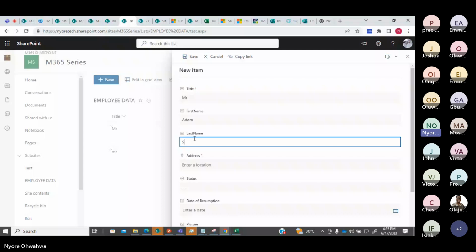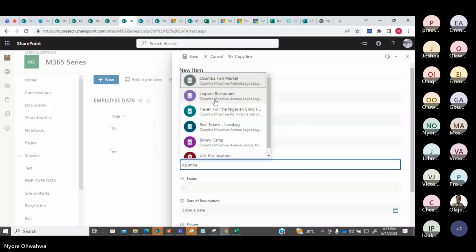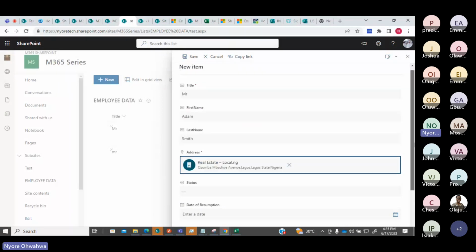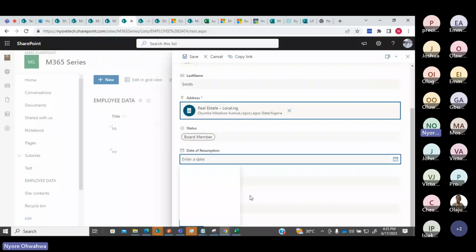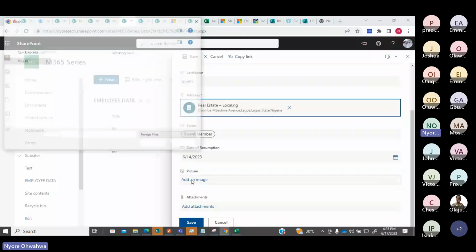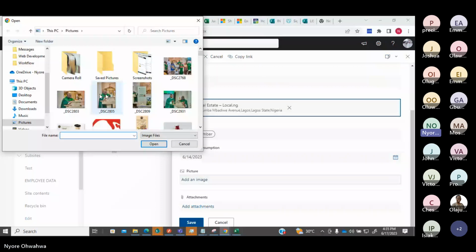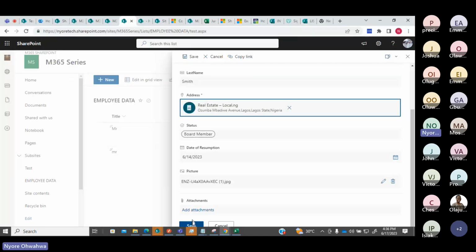Let's say he stays at Ozumba. Okay, he picks that for us. Let's say he's a board member. Date of resumption, we pick the date, add an image, and then we save.